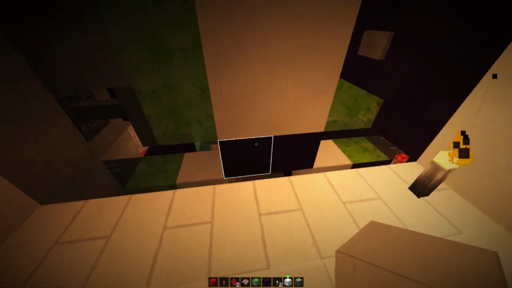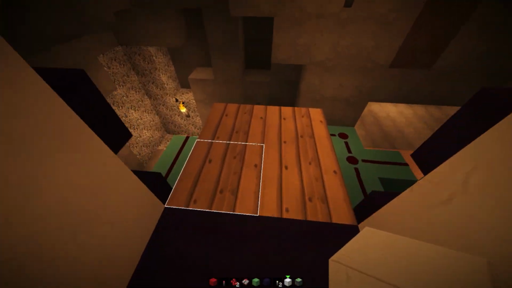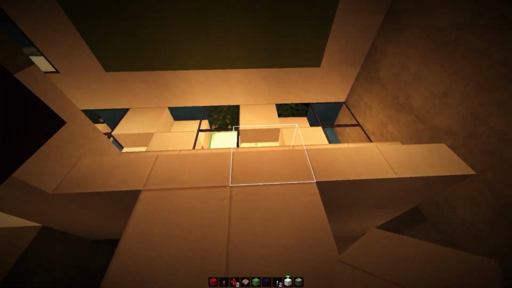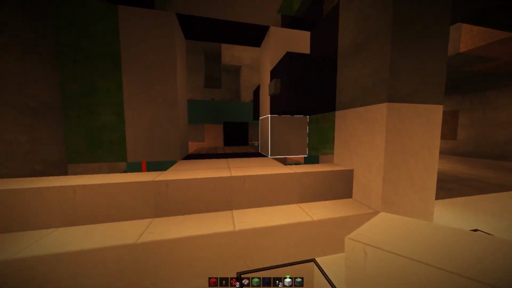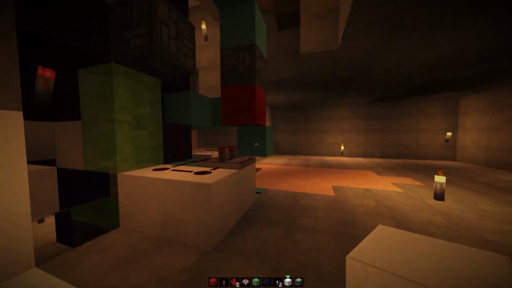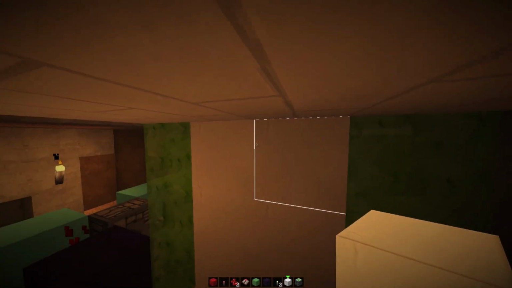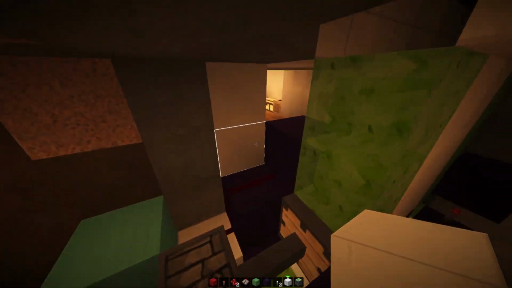We essentially just come over here. There we go. And hit this button. We go down. And now we just walk out, and there we go. Pretty cool. We have a working elevator, and also I kind of used up some of my space, but pretty cool nonetheless. Now the last thing I want to show you guys before we end this video is the